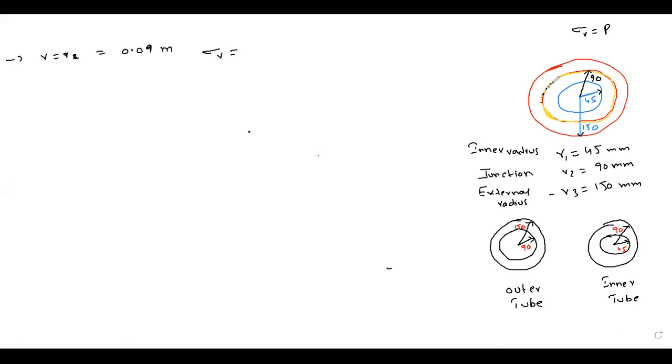The pressure is called radial pressure. No, it is shrunk pressure. That pressure is acting radially, but what type of pressure is it? It is called shrunk pressure. Why? Because the pressure is developing because of shrinking of the inner cylinder. The inner cylinder and outer cylinder shrink, so the pressure is developing. Understand? That's why it is called shrunk pressure.